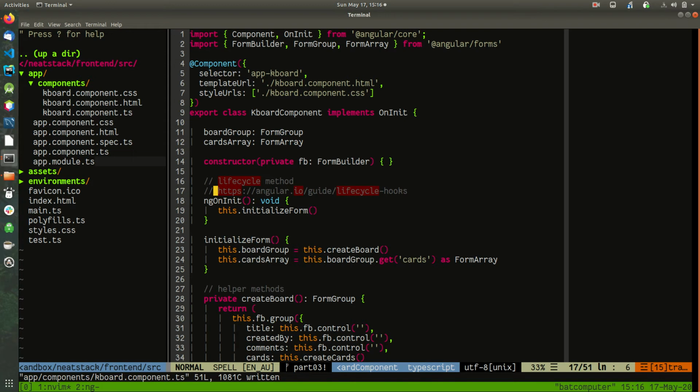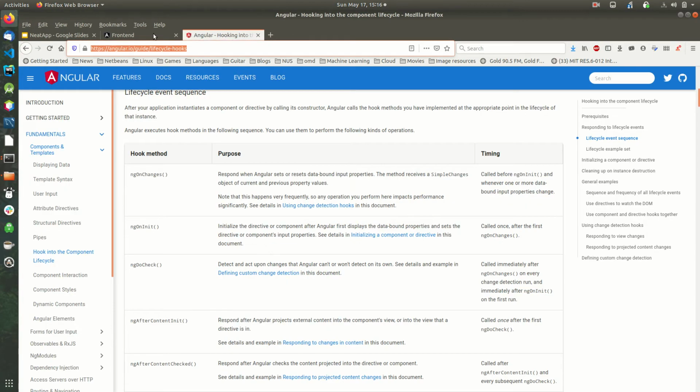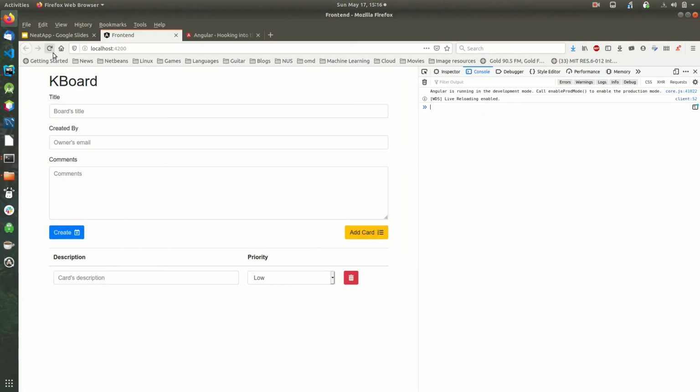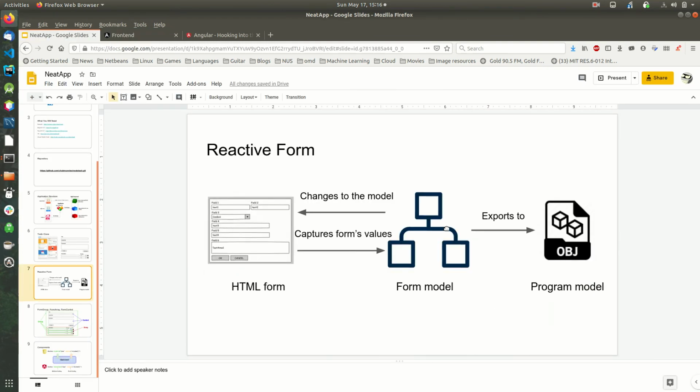We have now created the form model. Let's make sure that there's no error. Let's reload this and make sure there's no error. Okay, so now we have created this model. We will now need to map this model to the HTML form. We will do that in our next part